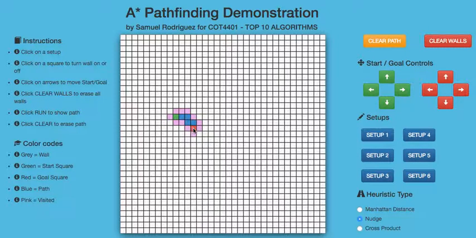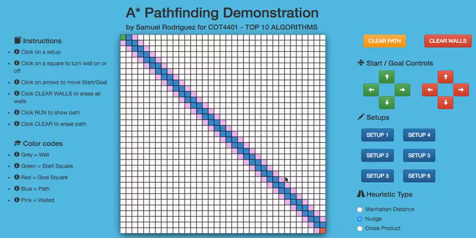And that just helps it narrow down which of these directions it wants to take. And with these close together, you can see small variations. A big difference you'll see is if we go to setup 1, you have the start up here in the top left and the goal down here in the bottom right. And if I run the simulation, you're going to see a diagonal line straight to the goal, but it's not going diagonal,